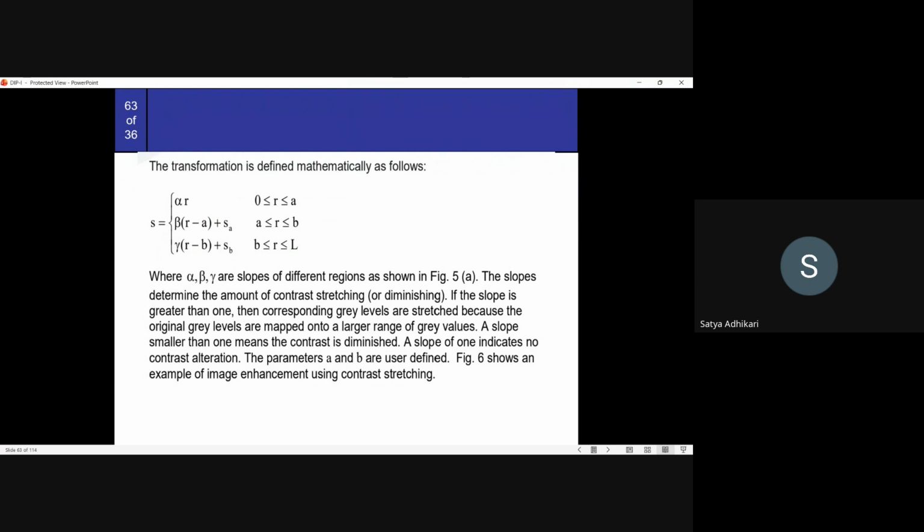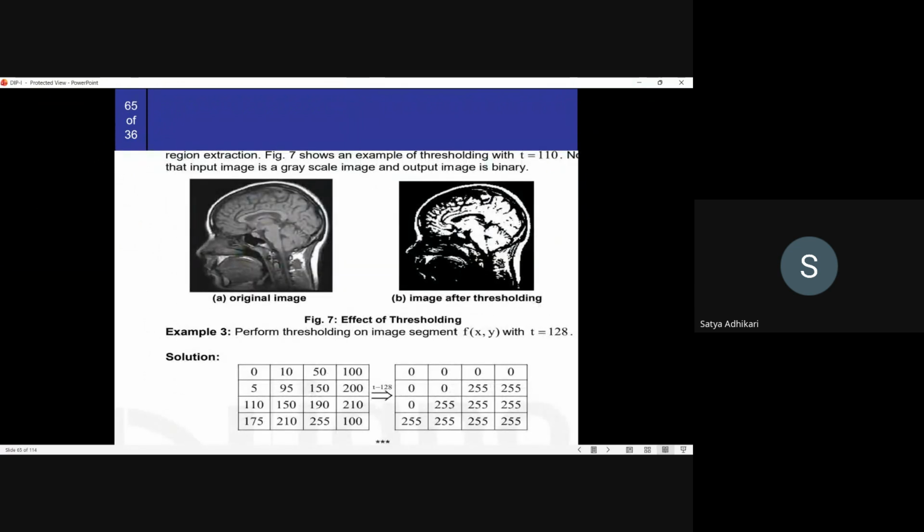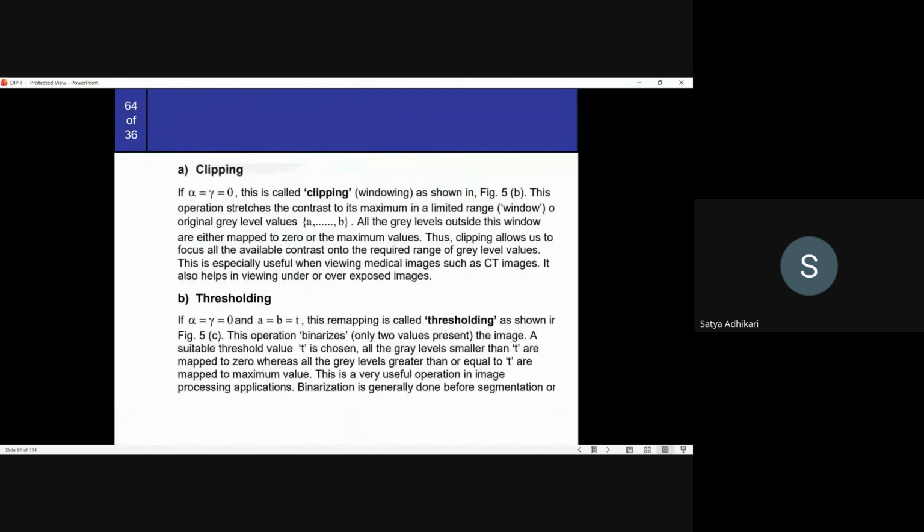If the slope is 1, that is, you multiply by 1, so there is no contrast alteration. The parameters a and b are user defined, and figure 6 shows an example of image enhancement using contrast stretching. You see here, here is the image. We will go to that, but before that, you see